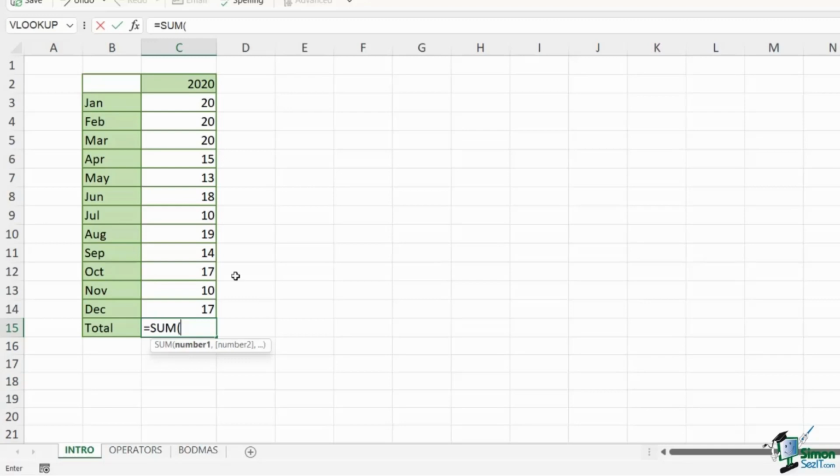So what I can do here is simply select the entire cell range that I want to add up. Now notice that I have two dots separating C3 and C14, which basically means cell range C3 to C14. Now if you've got an open bracket, you must always remember to close off as many brackets as you've opened. So now if I hit enter, it's very quickly used the sum function to add up everything in the cell